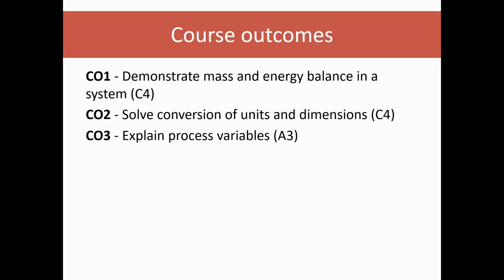And lastly, you are expected to be able to explain process variables. All of this is related to the cognitive level of C4 and affective level of A3, and this is related to the assessment of your